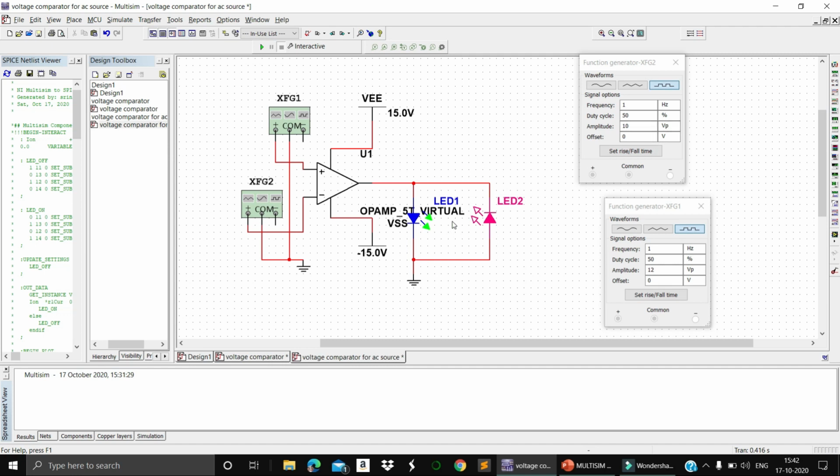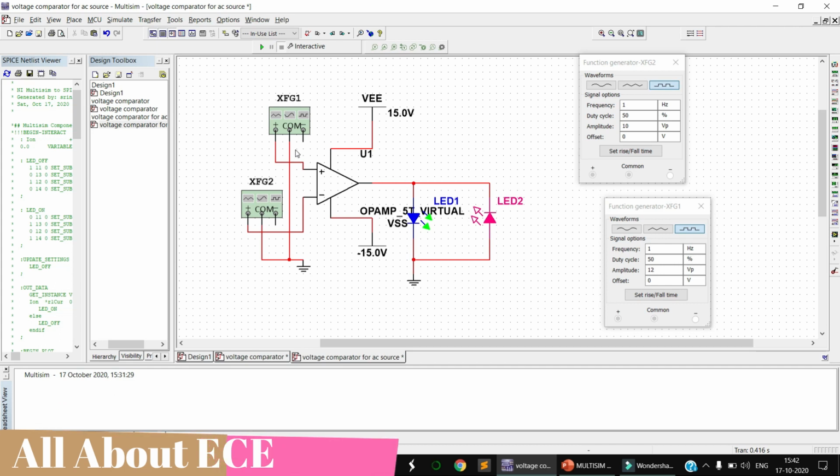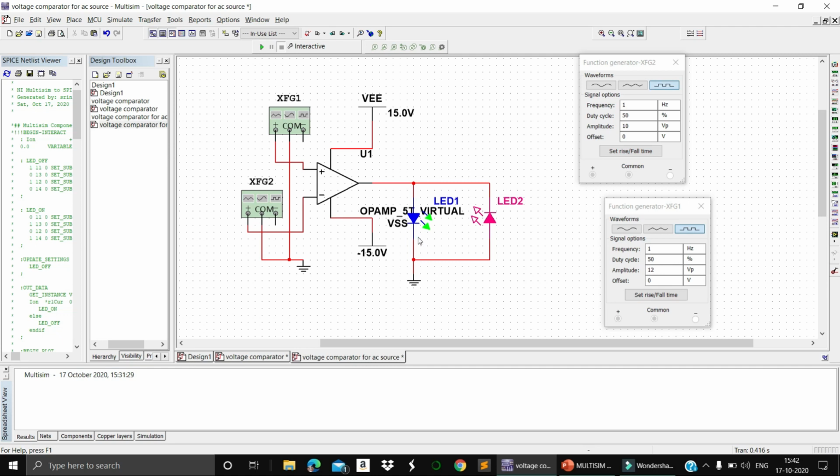Even in this case, you can clearly notice that one voltage should be greater, whether it is inverting or non-inverting, but they should not be equal. Why? When you keep the non-inverting more, then one is in forward bias and the other is in reverse bias. So during the first half cycle one will glow, and in the second half cycle the other will glow. Whereas if you keep it in the opposite manner, in inverting mode, then it is in forward bias and the other is in reverse bias. In such a case, both will glow. But if you keep both equal, then they will be matched, so in that case they will not glow. You can clearly observe.